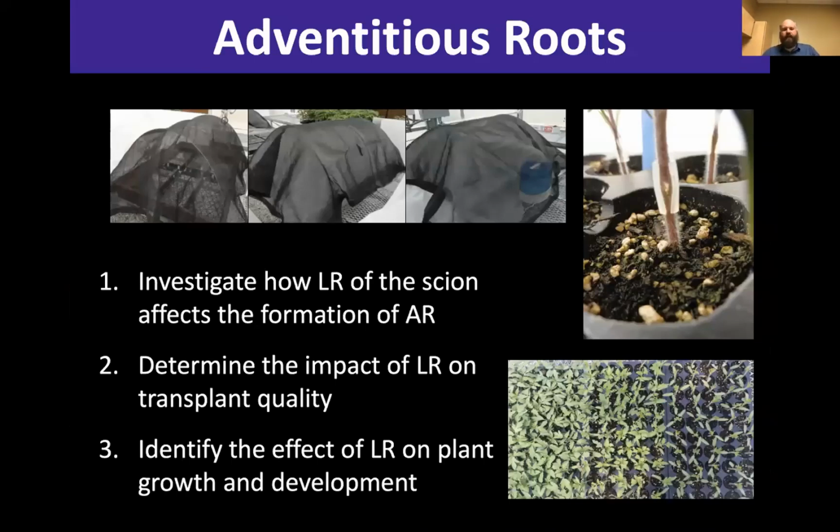So Laney Meyer was a graduate student that did quite a bit of work looking at adventitious rooting within the healing chamber. And one of the first things that we wondered about is, based on the literature, we knew that auxin production is not only related to the development of adventitious roots, but also originates from the leaves. And we had seen anecdotally that there did seem to be an effect on adventitious root formation as a result of leaf removal. And so she wanted to extend some of the work that Sarah had done to look at how leaf removal actually affects